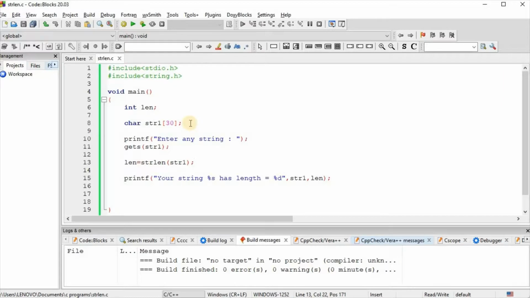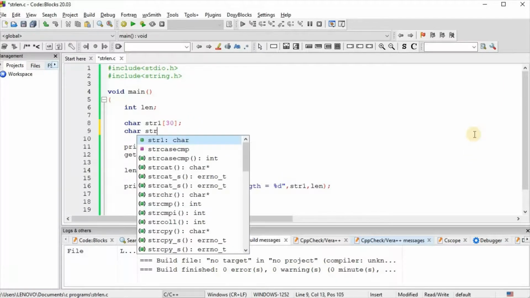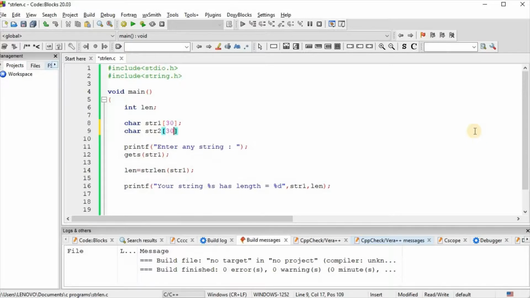To see that, we take another string, str2, having size 30.